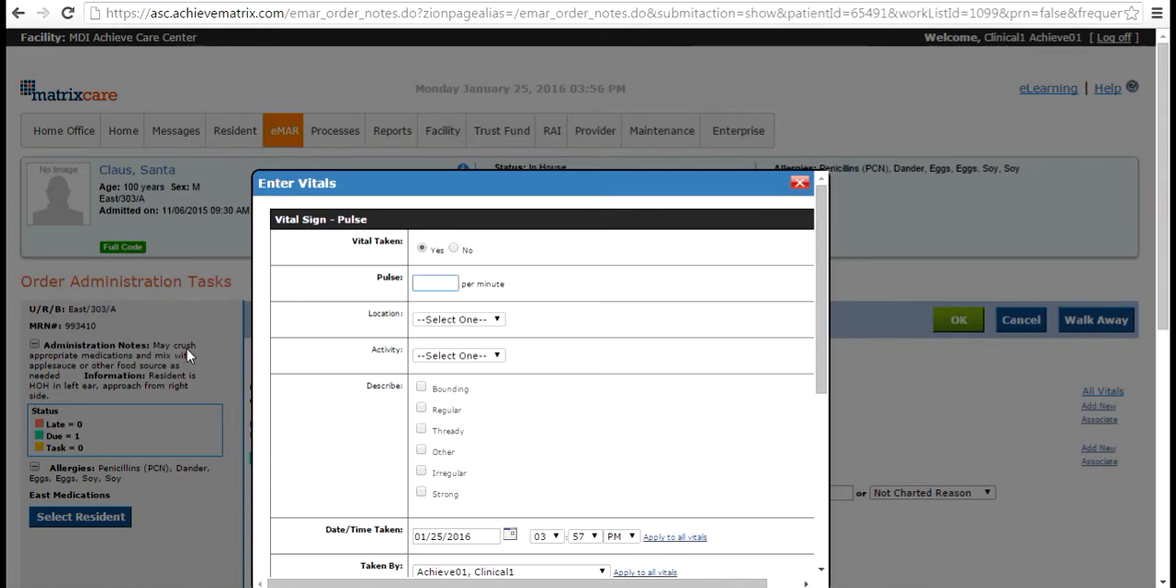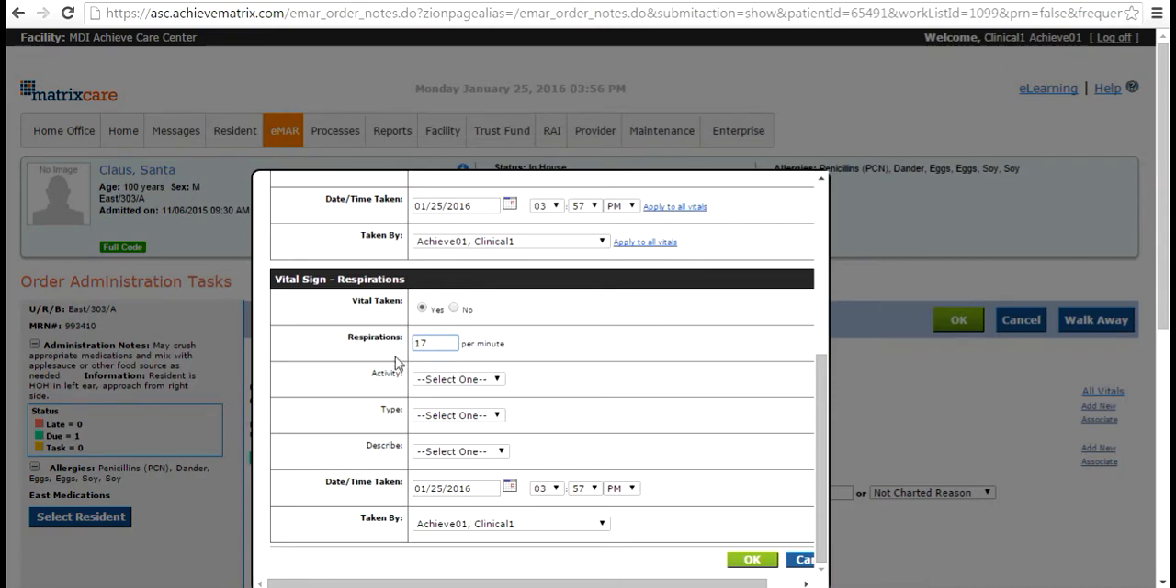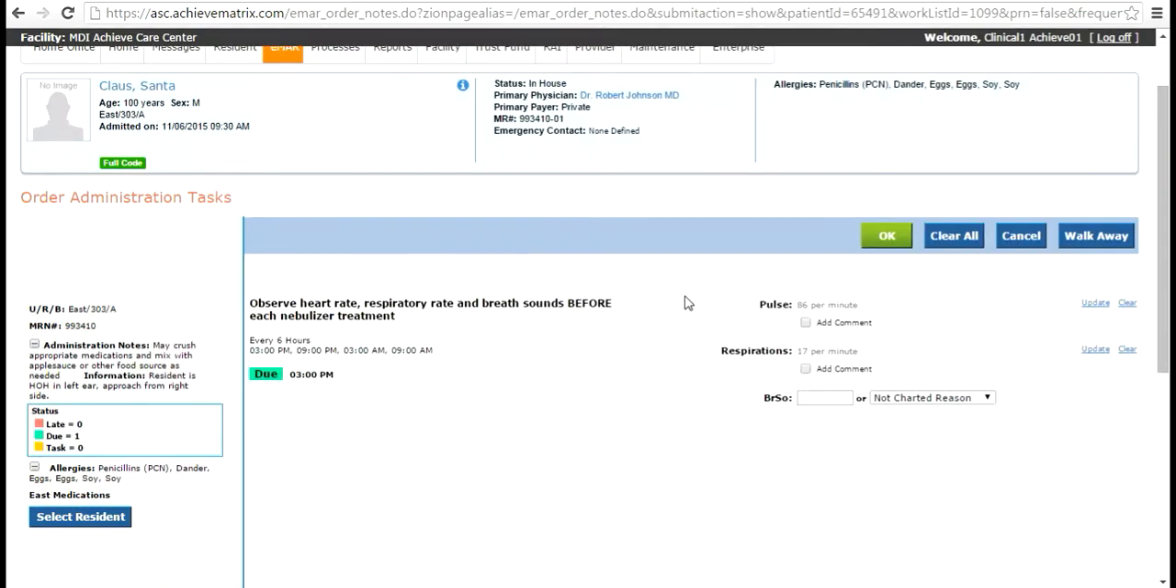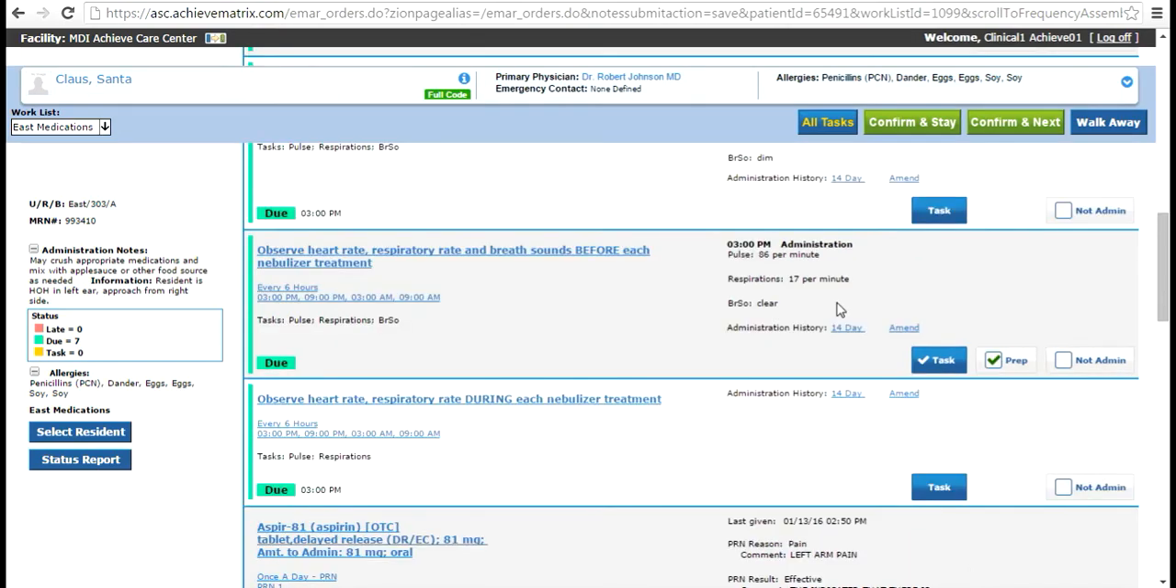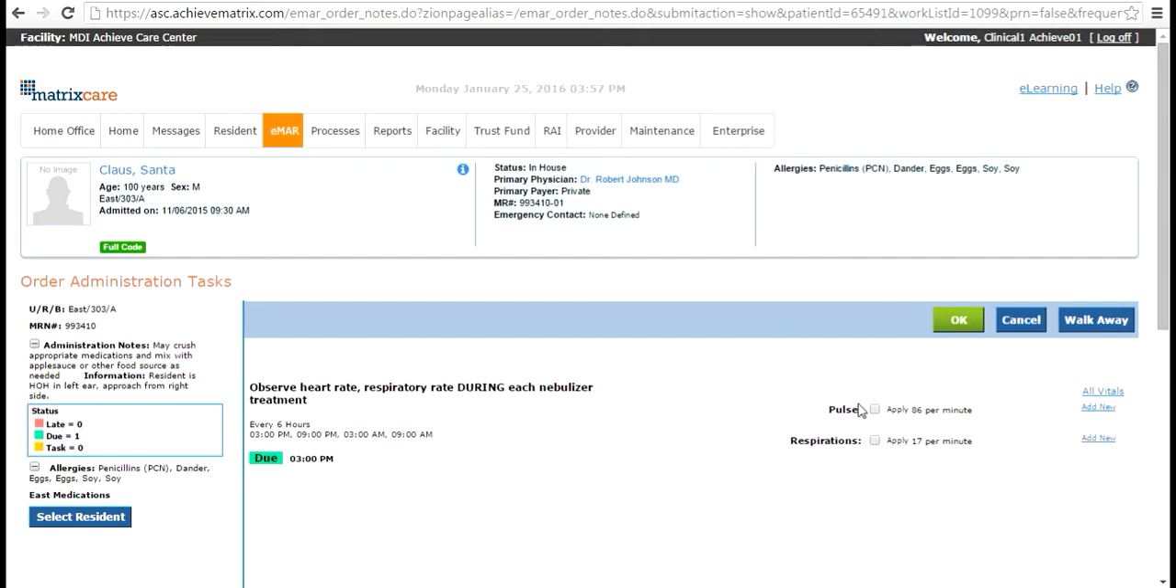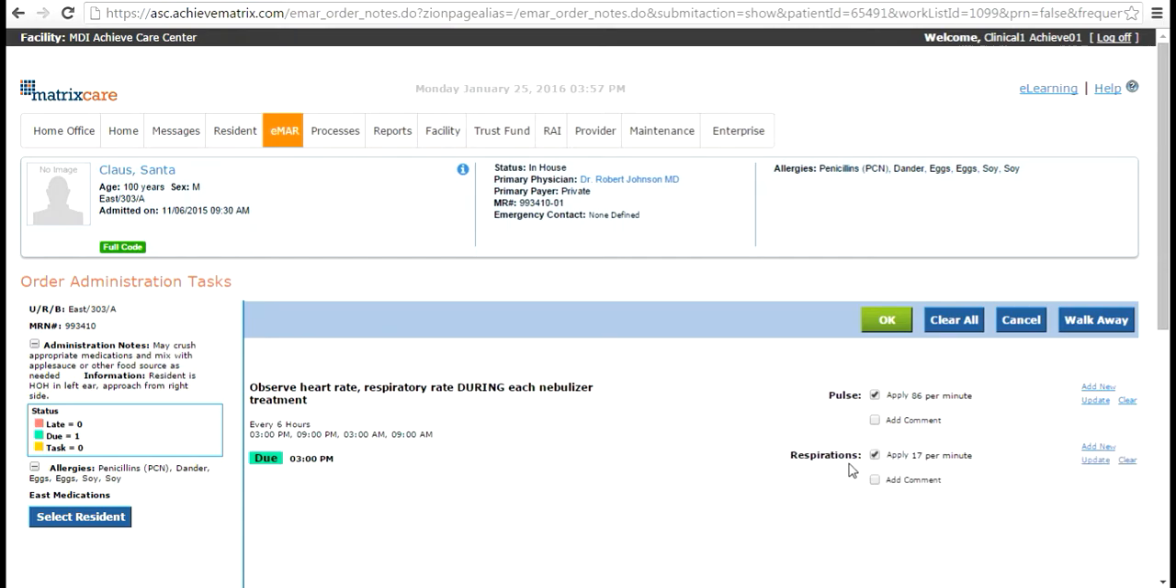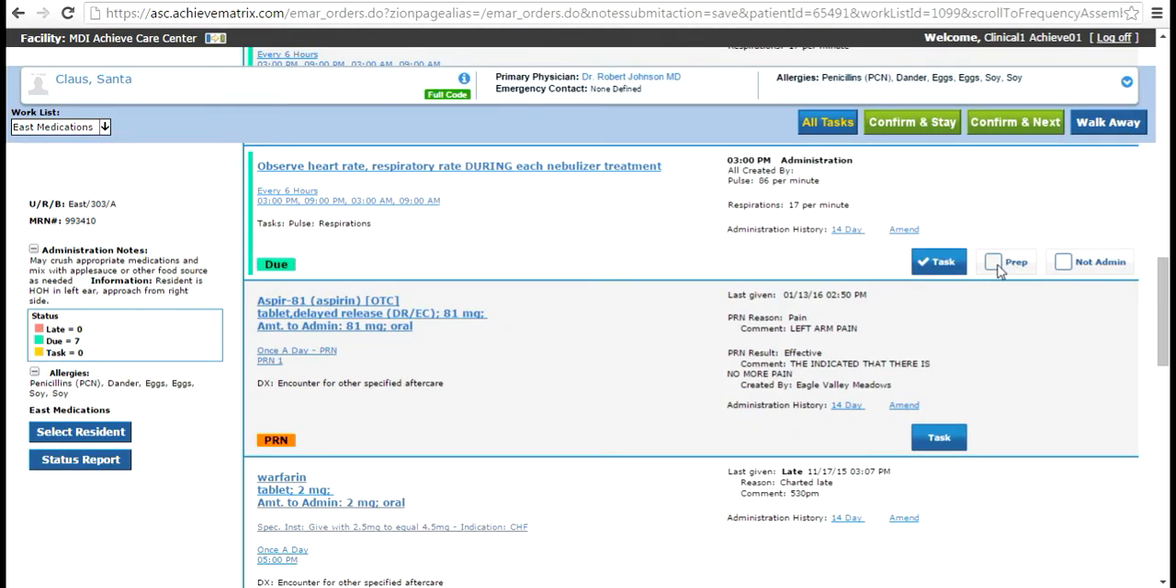My pulse, my respirations, and my breath sounds. Say we're clear. Now that I've done the task, I'm going to check the prep. I'm then going to look at the during, which should just be pulse and respirations. If they were the exact same, all I have to do is check the box. If they were different, I would then click add new and put in a different value for the pulse and the respirations. Okay, prep,